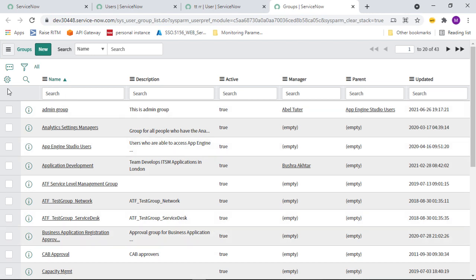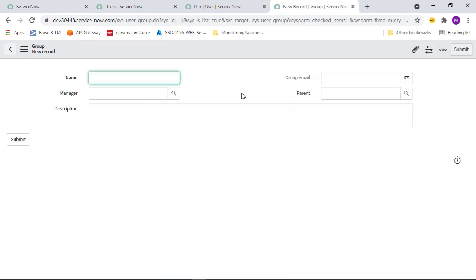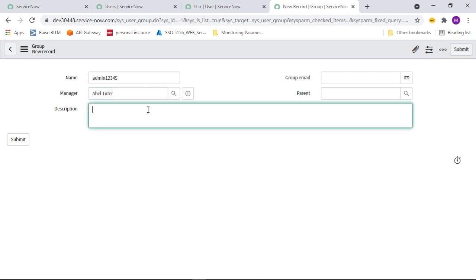So here if you click on new, it will redirect you to the new page. You can enter your group name as admin 12345, and a manager, any manager of your project or manager of that group. Description: test group, test group.